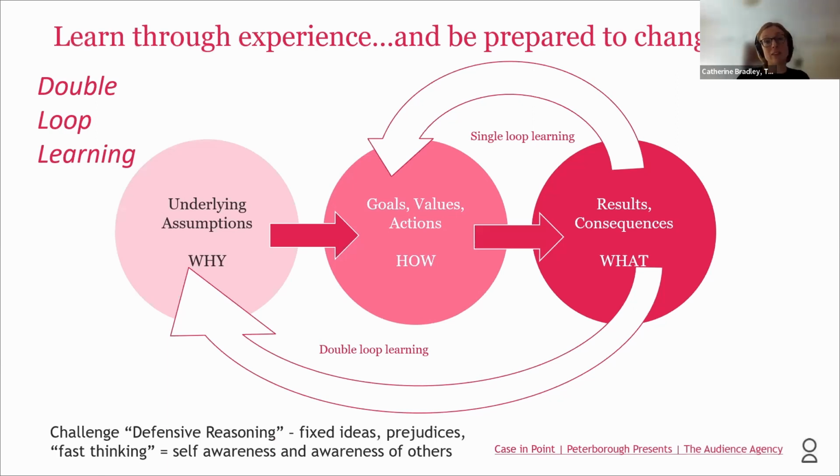COVID has given us a lot of examples of taking on board learning and experience to respond to unexpected situations. A good example of that is organisations having turned approaches around and explored and discovered through experience as well as consultation how they can engage audiences constructively online as well as in person in the longer term as well as in the short term. One example of the double loop learning concept in